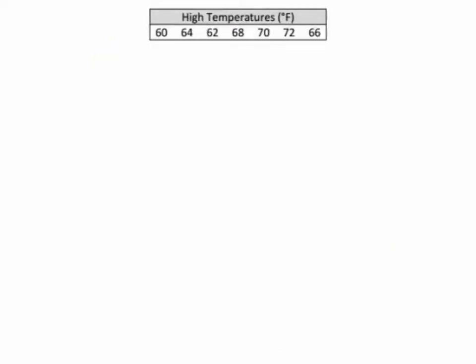Example 3 states, the table below shows the high temperature in the Bay Area for 1 week during the month of March. Find the mean absolute deviation for this set of data. All right, so again, we're going to set up our table. And the first column is our mean column. And so let's go through and fill in our data points. So my first number is 60,